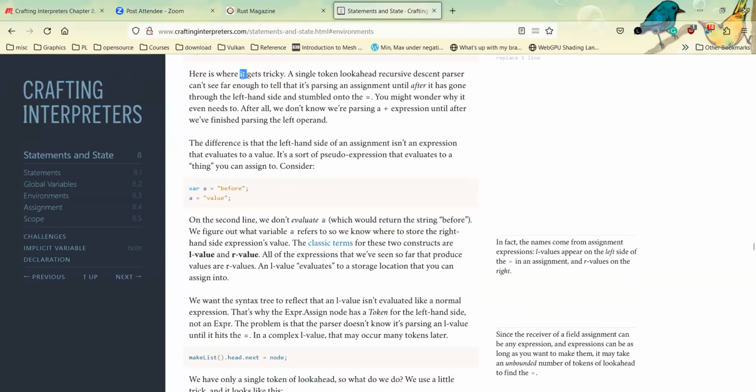No, then it gets a little bit trickier because a single token lookahead recursive descent parser can't see far enough to tell this is an assignment until we go into this equal sign.